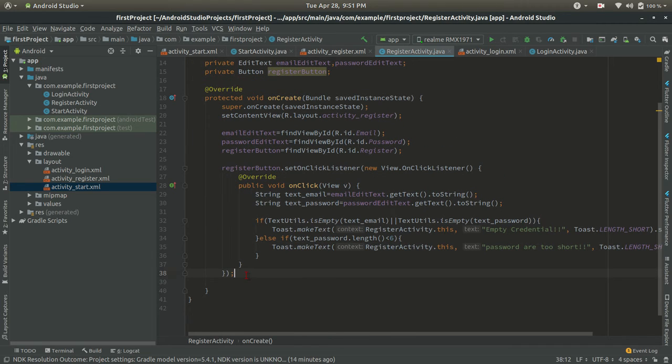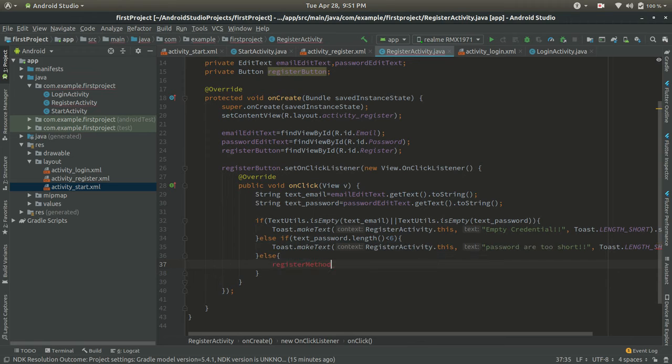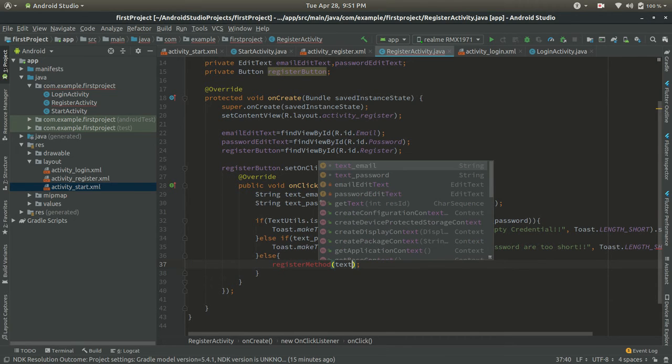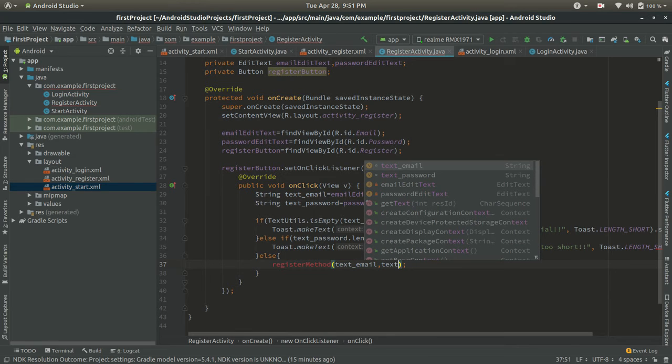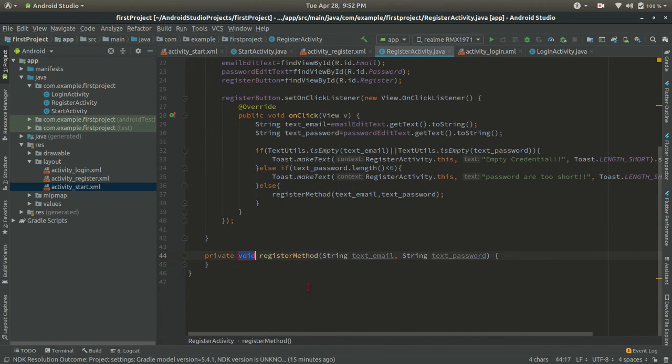So after that we will create an else condition where we will register the user. So here we will call the register method which has not been created yet. So in the register method we will give text email and text password, and just come here, create method, register method.